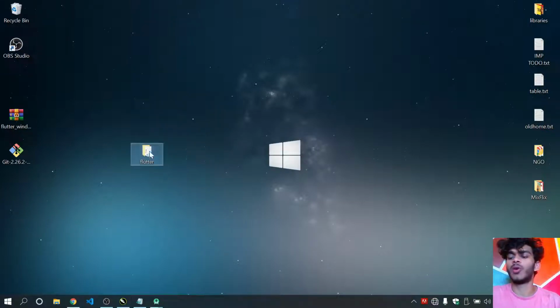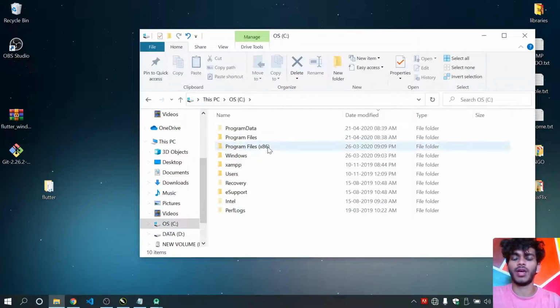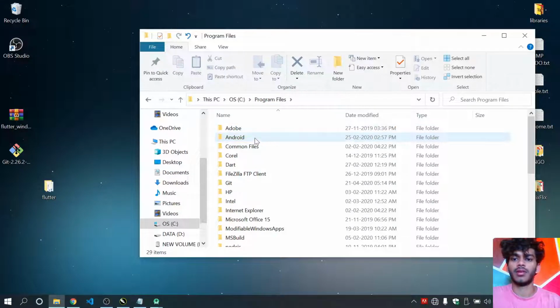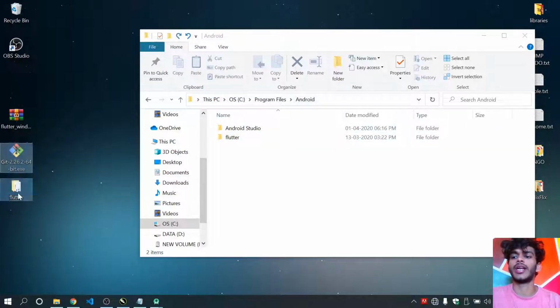I'll be saving it onto my C drive. So I'll go onto This PC and browse my C drive. I'll open something. As you can see, I've already pasted the downloaded folder over here. You can paste it wherever you want. This is the location where I've pasted it. Right now I don't need these both. Once the pasting is done, this is my Android location, where I've installed my